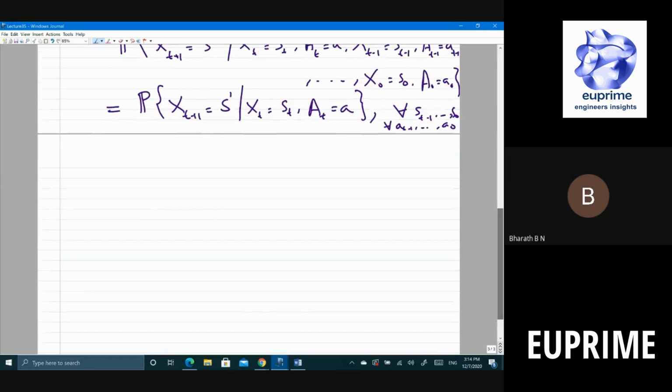This is Markovian. And the third thing is even the reward. So the reward r dash that you get, given that you are in state S and action A, is described by this process. This is the probability with which you are going to get a certain reward, given that you are in state S and took an action A.